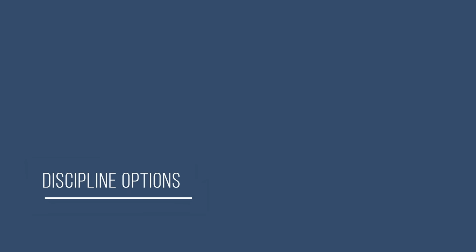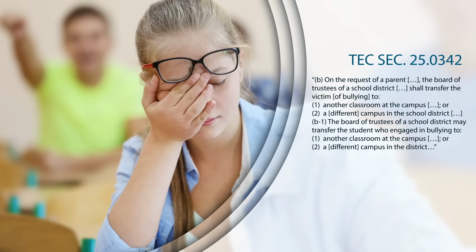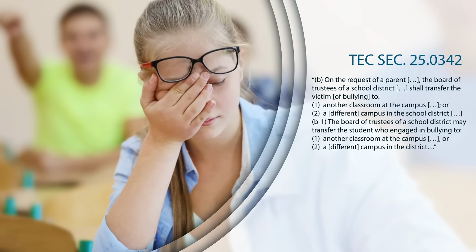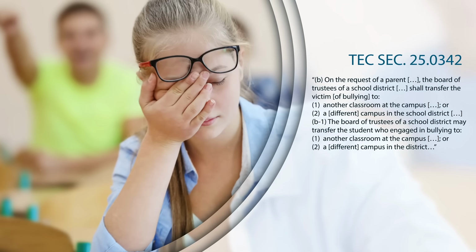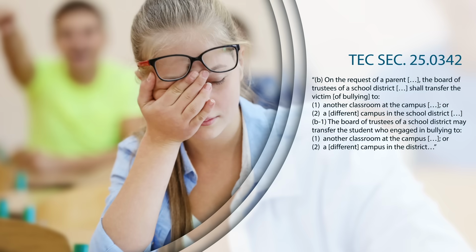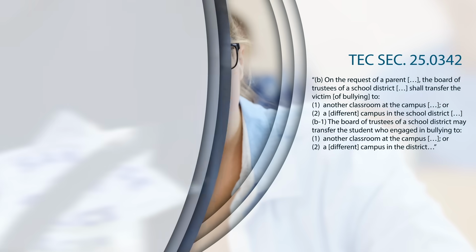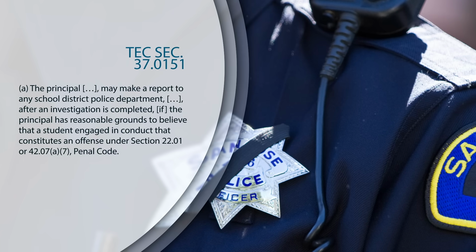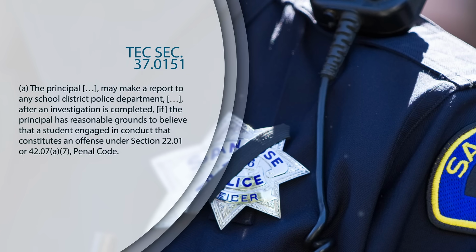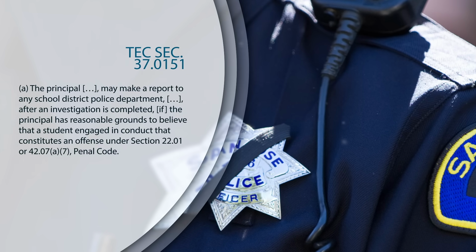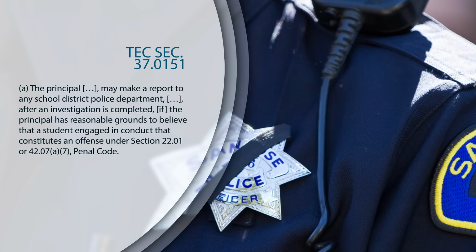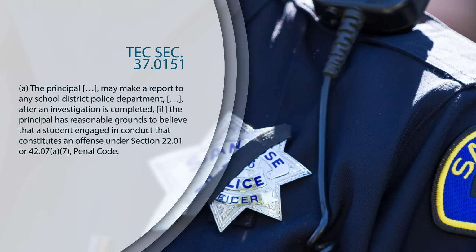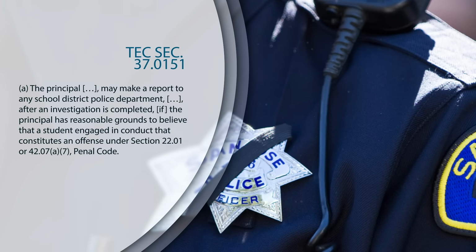If an action has been determined to be bullying, several disciplinary options are available to schools. Schools may move the identified bully or victim to another class or school, giving careful consideration of each situation and the results of removal from campus. Schools may report the bullying behavior to school-based law enforcement, local law enforcement, or a local municipality for potential assault or harassment charges if the bullying is found to be a punishable offense under Texas Penal Code 22.01.